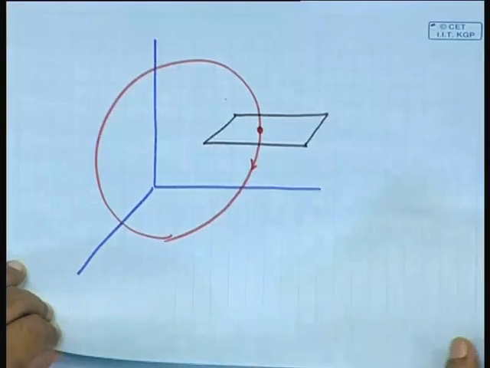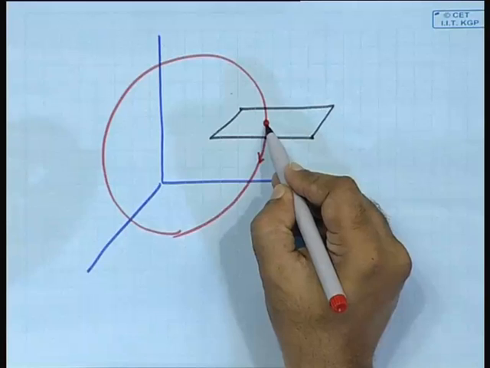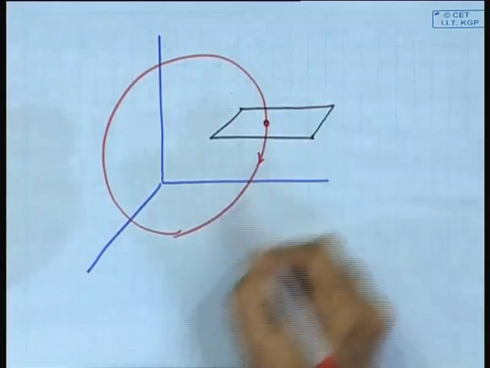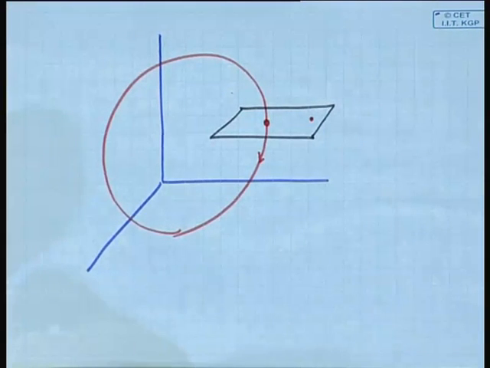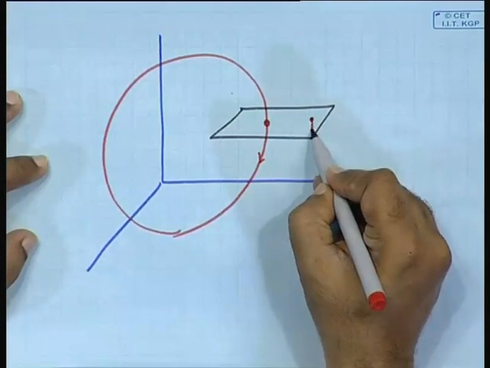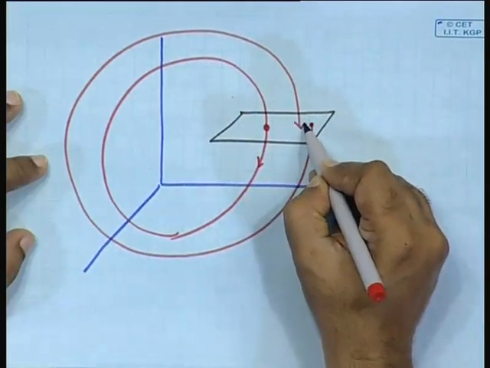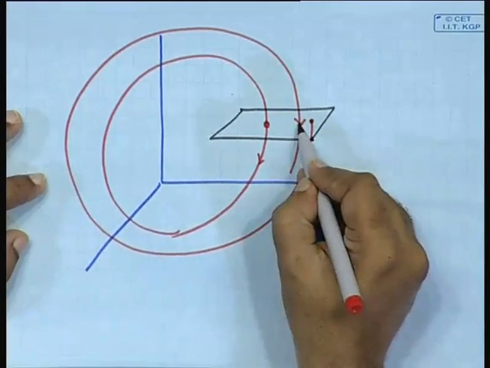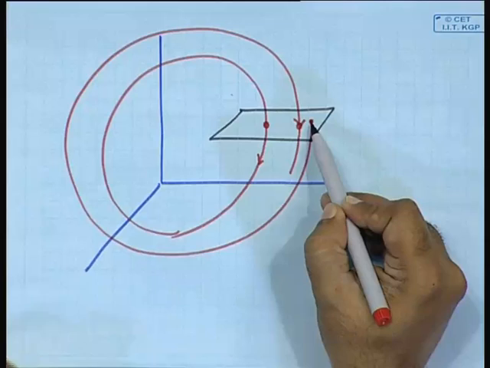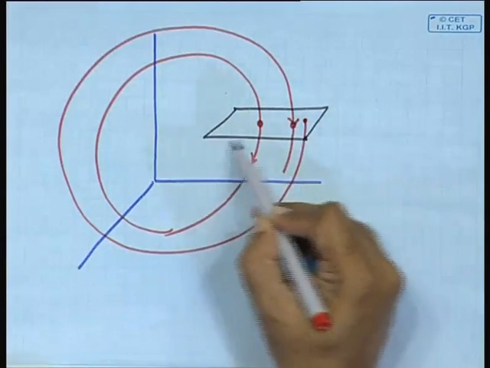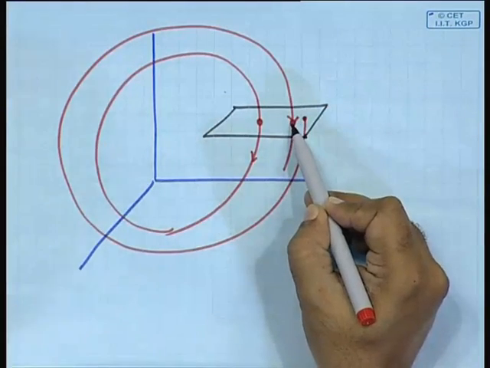Suppose you take a general, what should I say, any initial condition. If you have started with the initial condition on the limit cycle, that is why it came back to that point. But you start from an initial condition here, what will happen is that from here it will come, go on, and then it will pierce somewhere else, and then it will go on, right, which means that if you start from an initial condition on this plane, it will normally land in another point in that same plane.